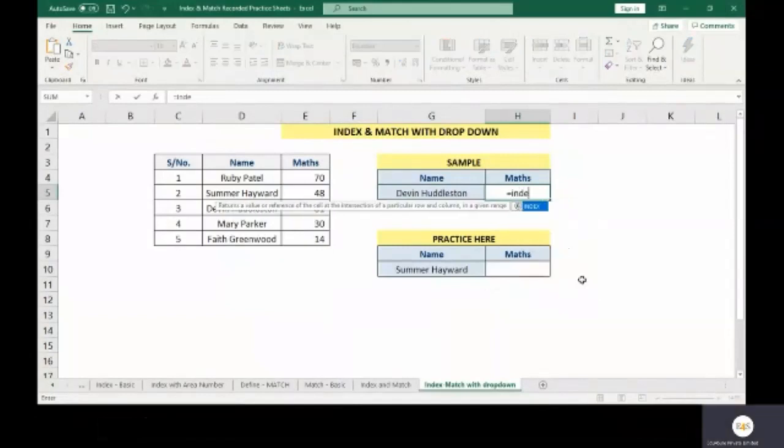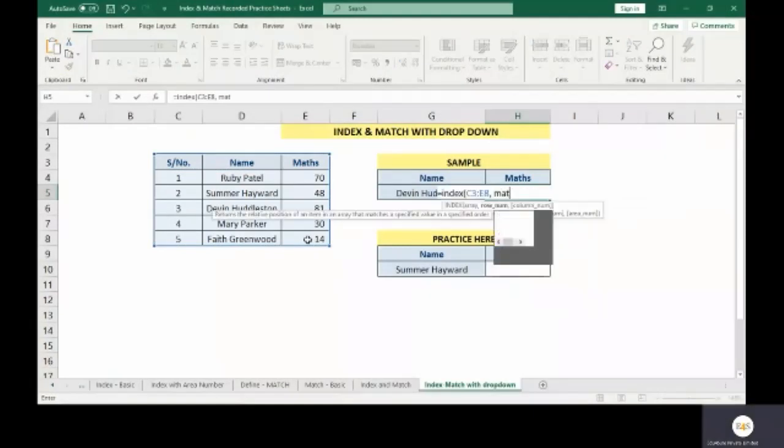Equal to INDEX. So what would be my array? We can select the entire table. So what would be my row number? Using the MATCH function, as we discussed earlier as well. So G5,